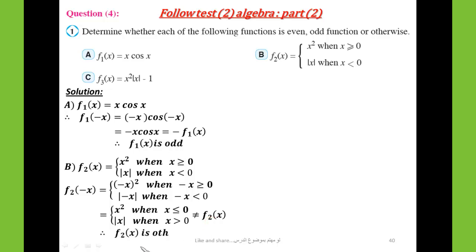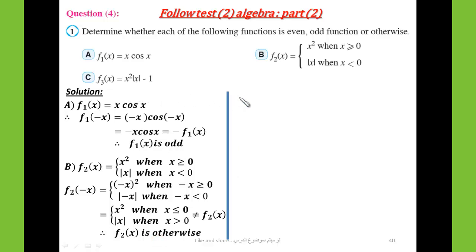So f2 of x is not odd, also it is not even. So we write f2 of x is otherwise. Again, you can write f2 of x is neither odd nor even function. And now